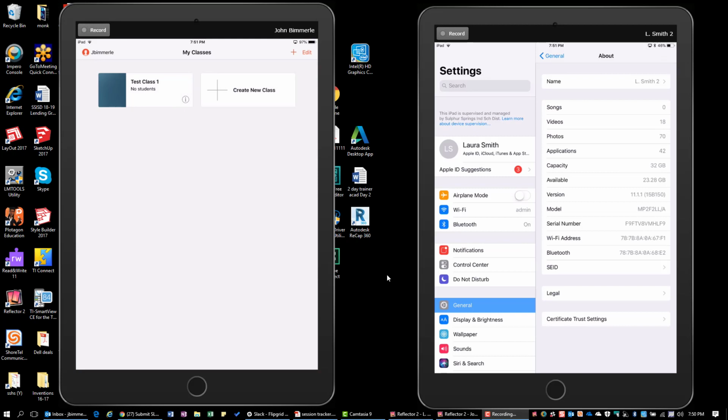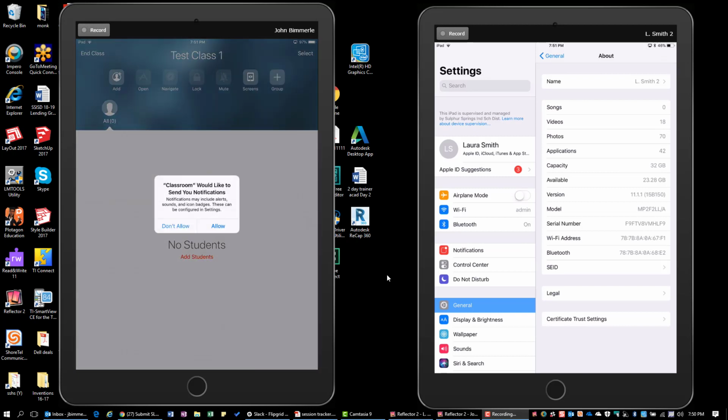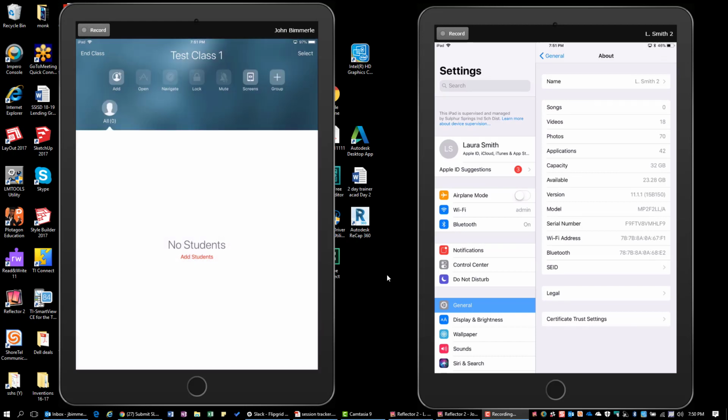and start adding students. So as I click on this Test Class 1, I can select to go ahead and get notifications. And in the upper left-hand corner there, you'll see the option to add students, or right dead set in the center, the word Add Students. If I click on that,